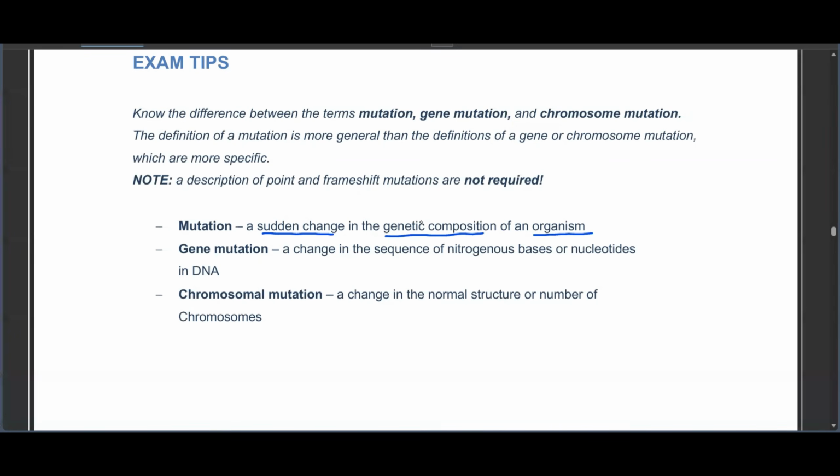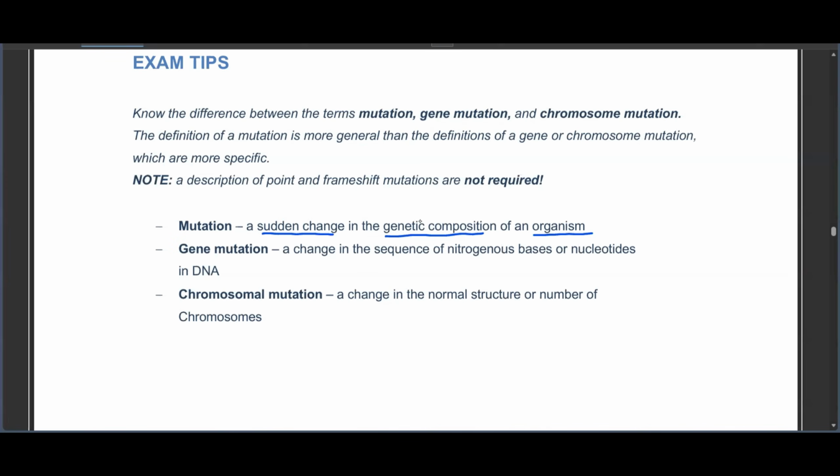The genetic composition of an organism, we can be referring to a gene, or we can be referring to the chromosome itself and how the genes are arranged. Okay, so it can happen that your genes can just change their arrangements suddenly, all of a sudden. Okay, so mutations is something that happens randomly in you. Your gene structure just changes.